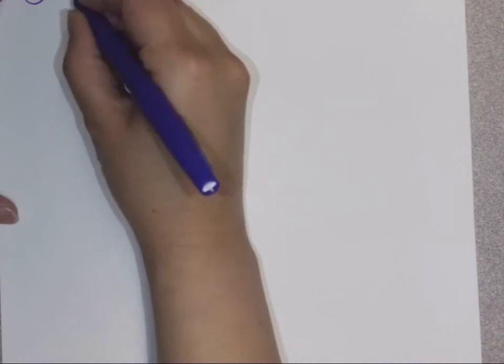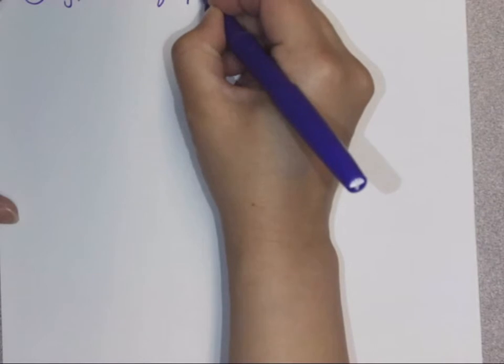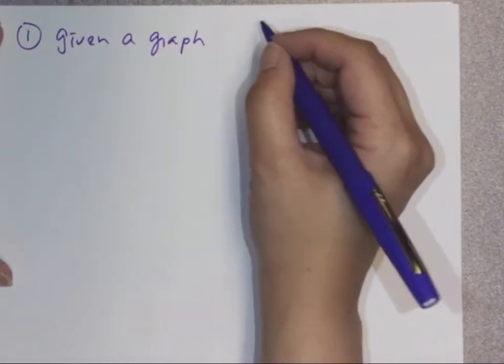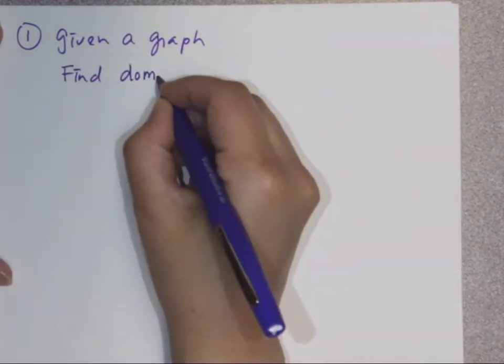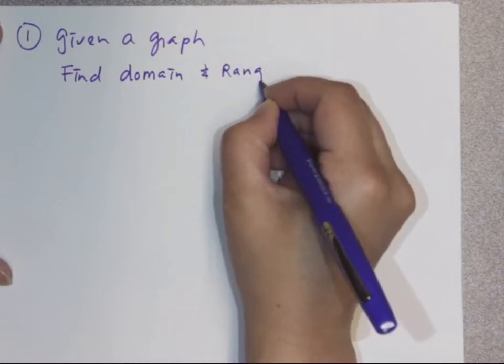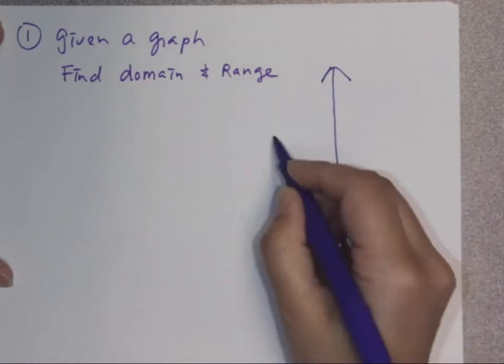Okay, now we're going to do some old final exam questions. Some of the questions use pictures. So for example, I can give you a graph, and then we need to find the domain and range. Okay, so the graph here we have